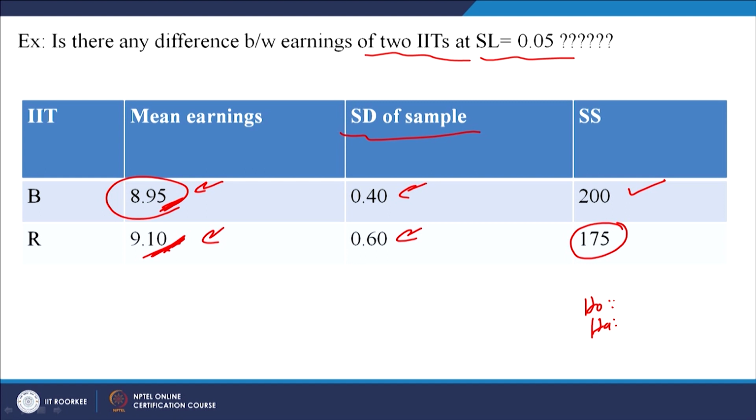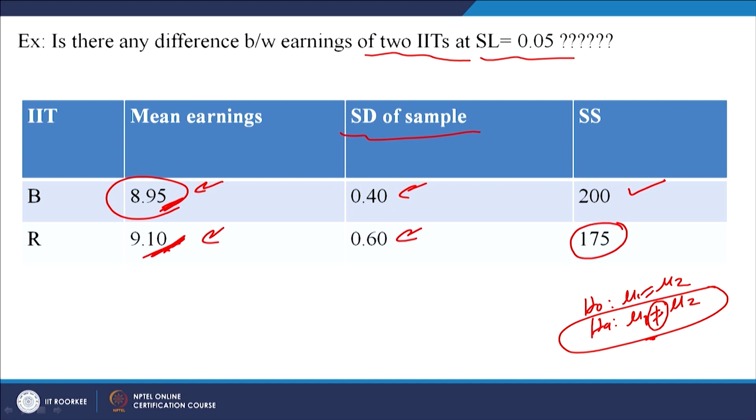The null hypothesis is that there is no difference. So, mu 1 is equal to mu 2, right, and of course, the alternative would be mu 1 is not equal to mu 2, right. So, what type of test is this? Is it a one tail test or two tail test? It is not a one tail test, it is a two tail test, because this sign is of the not equal to type, right.